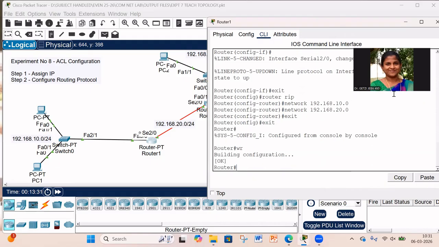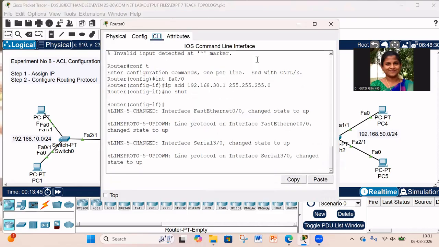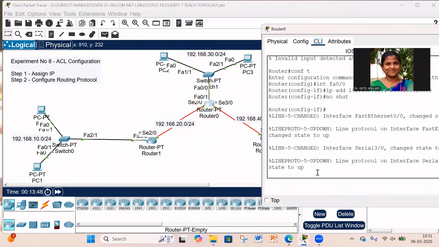Save all the details in the router so that even if it is switched off, you can recover it from the startup memory, right? And I'm closing it. Let me come to router 0. To router 0, 20, 40, and 30, 3 networks are connected. So you can just come here, go to the CLI